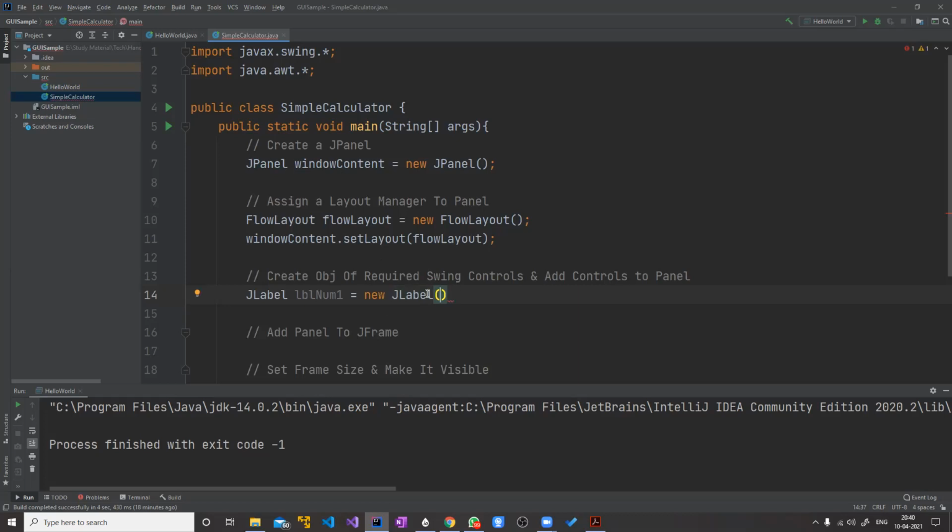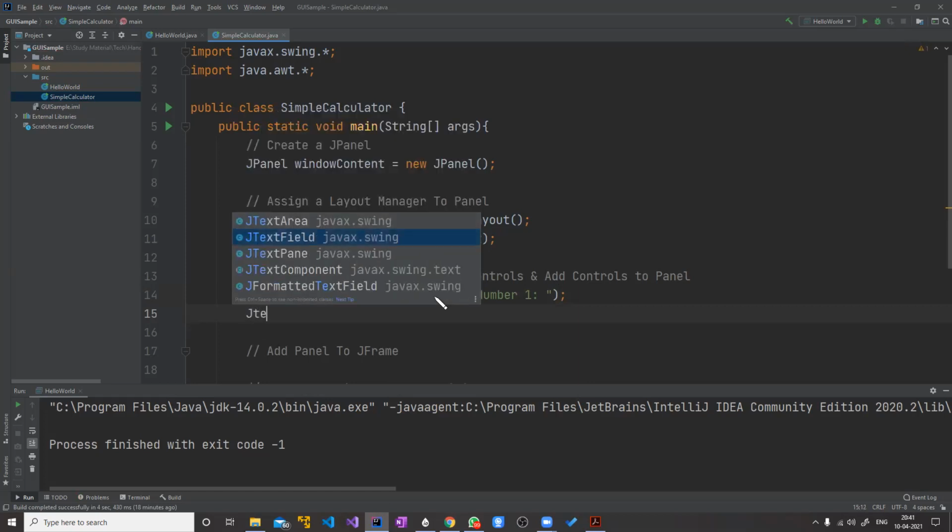And then in this you see, this is a constructor, and constructor can take some input as well, we have already seen. So here this can also take some input, and one of the inputs is the text which you want to add to this label. Let's say I want to add number 1. I want it to be shown like this. Done. That is label for number 1. Next,